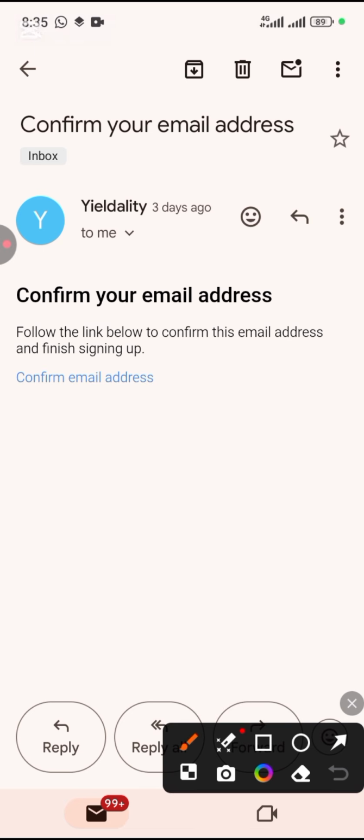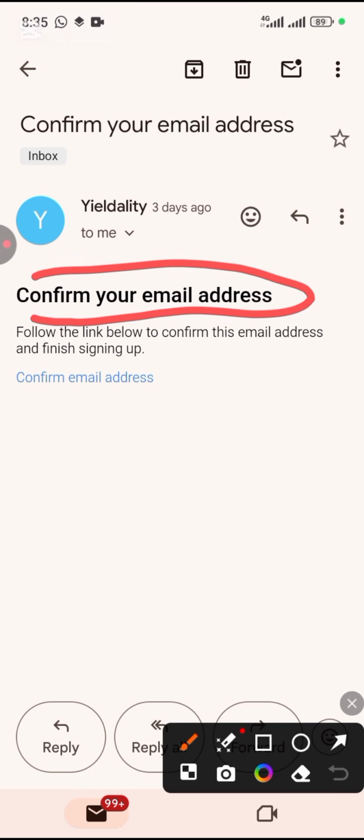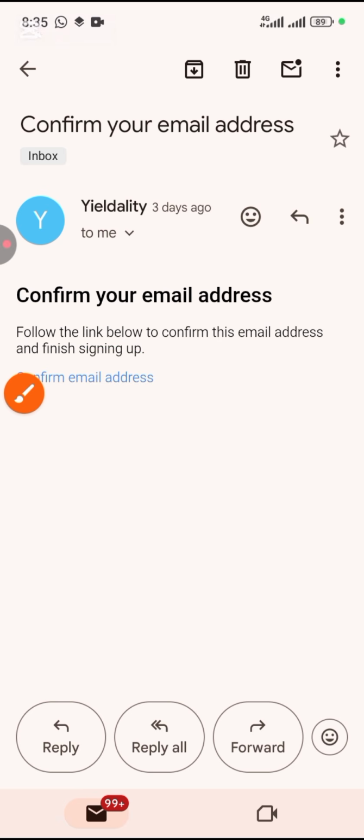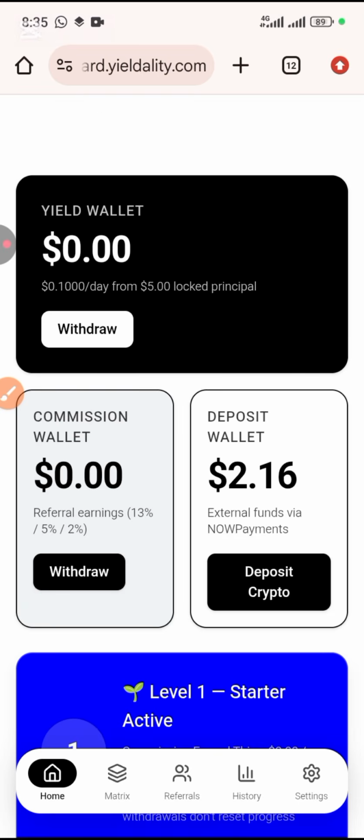You get a mail like this asking you to confirm your email address, so I'm going to click here to confirm. Then you go back to your browser where you are doing your registration, and your dashboard is going to open like this.